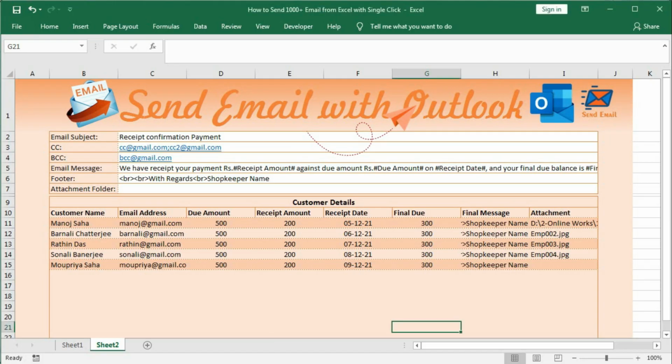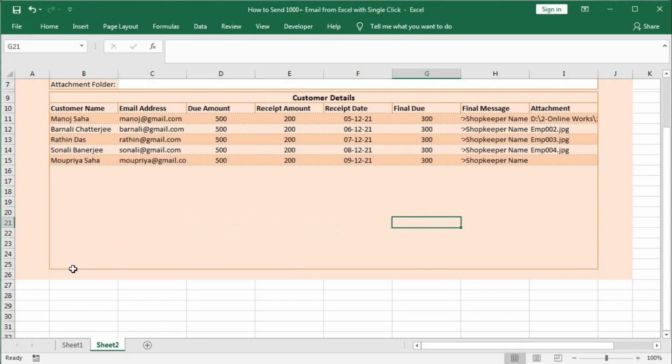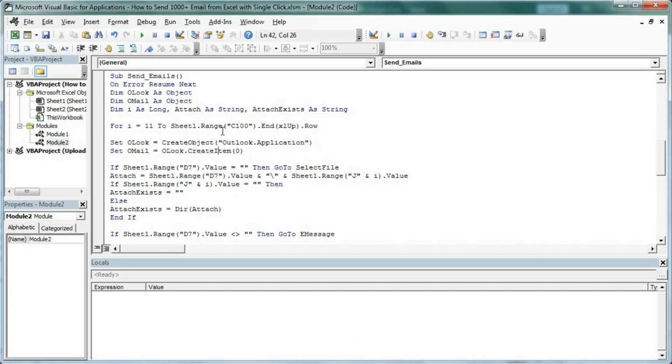So let's see here. So this is our B column. We'll see the last column. So if you want more than 25 or more than 100 or more than 200, then you have to put here that value. That means if you want, suppose 400 mail, you can type here 500 or more than 400.